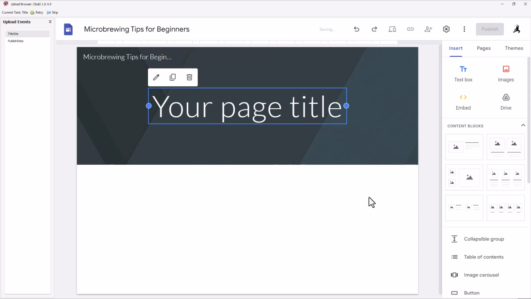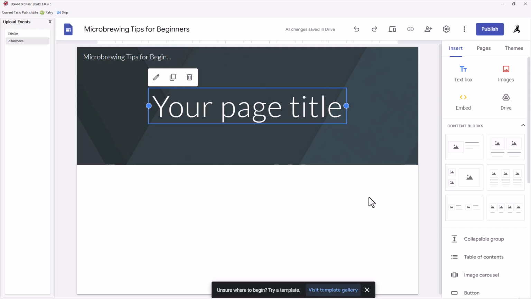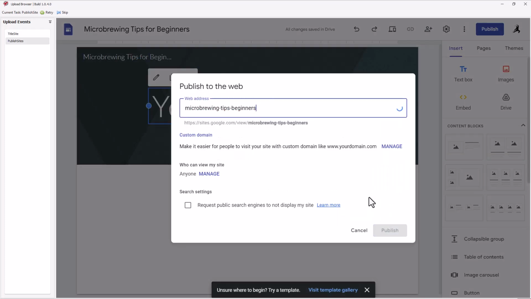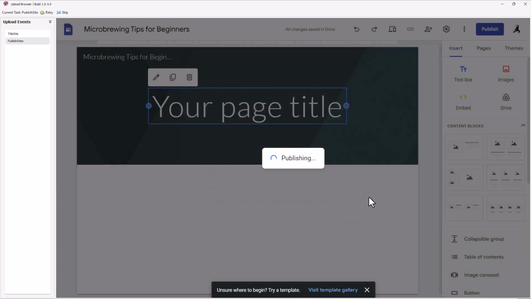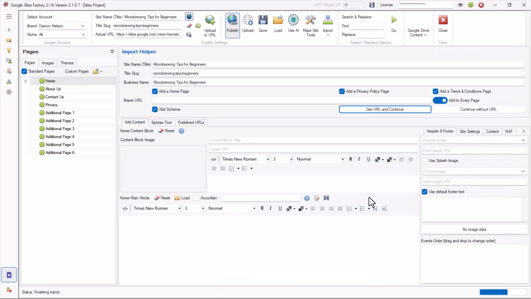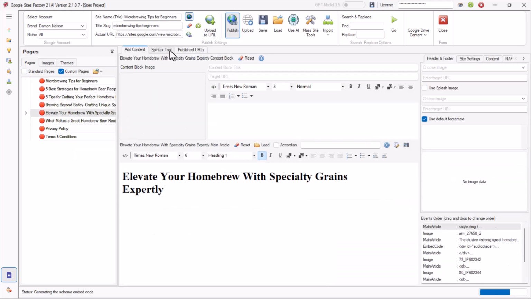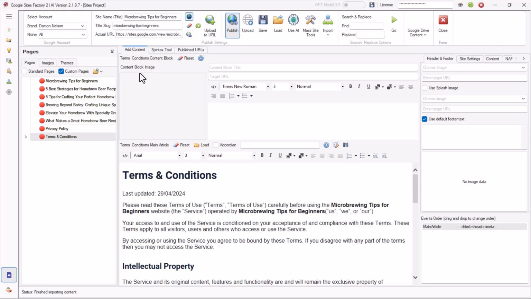Okay. So you should see it building a Google site for you. Don't touch this. Let it run. When it comes back, it says it will give you your URL, and it's going to load up the pages.